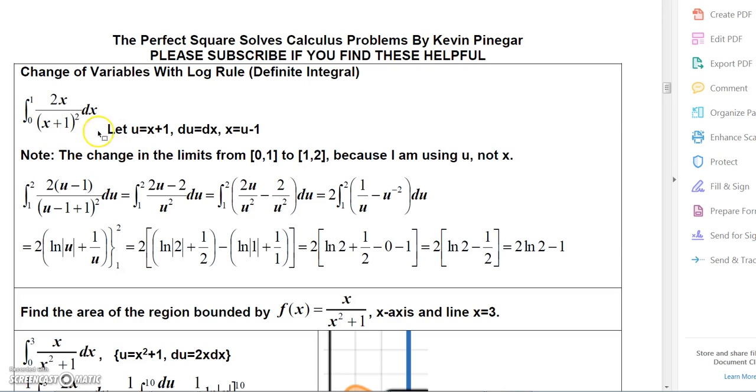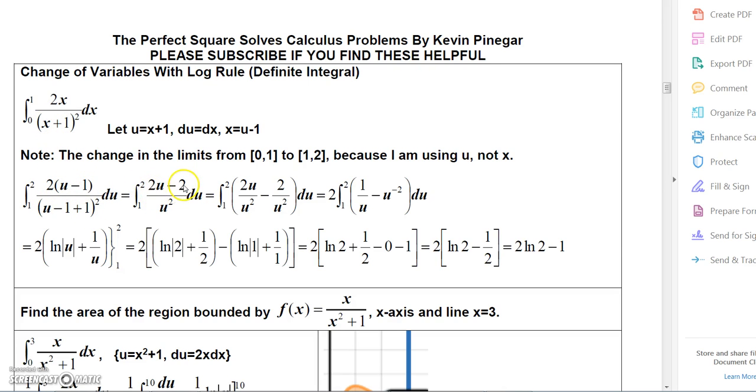Okay, on this one, I'm going to let u equal x plus 1, which is what I have here, and then du will be dx. And so if you go back over here and solve this expression for x, you get x equal u minus 1. And so we can actually change the limits of integration now from 0 to 1 to 1 to 2 since we're using u. But notice here I can actually replace x with u minus 1 here and also here,